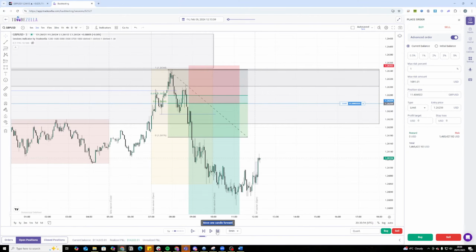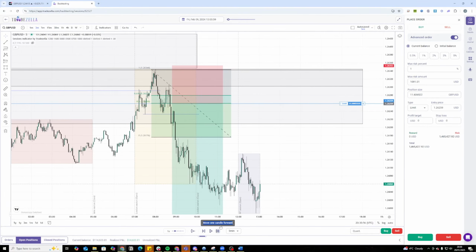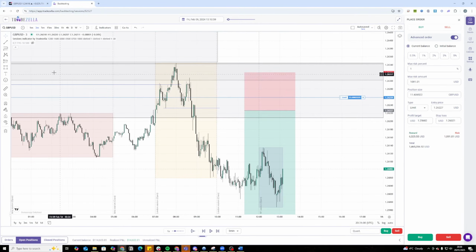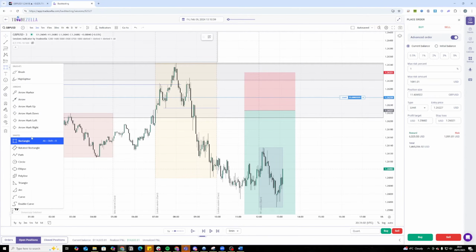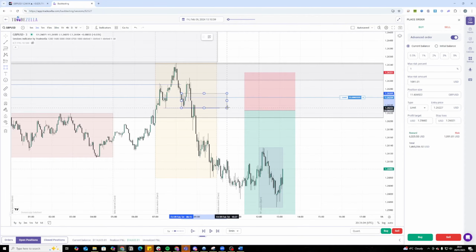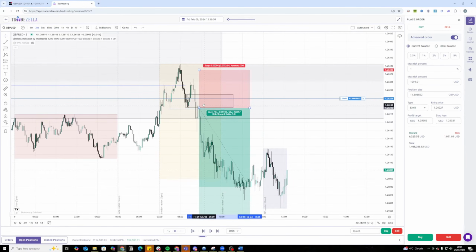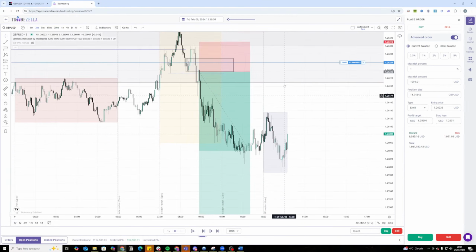Now, there are different ways that you can enter. You don't always have to wait like this. So, for example, a lot of people who trade similar to this would have entered off this here. So this sort of area of demand flips into an area of supply. And then you could have entered here off that, like that, stop loss above that high, and you'd be in